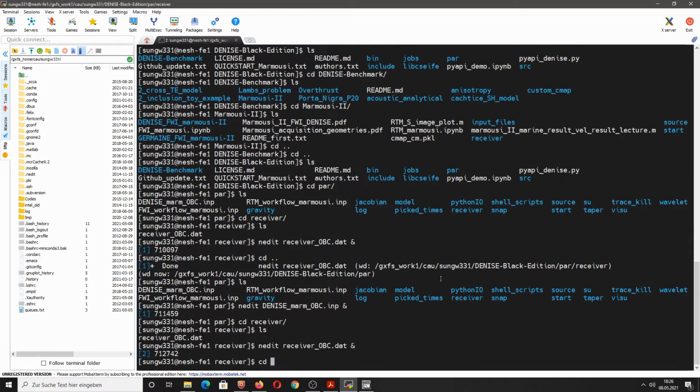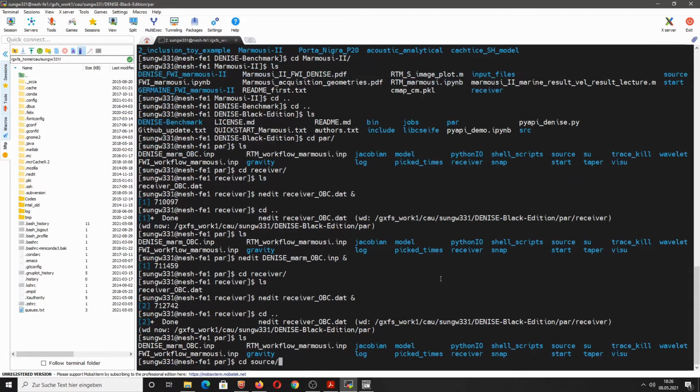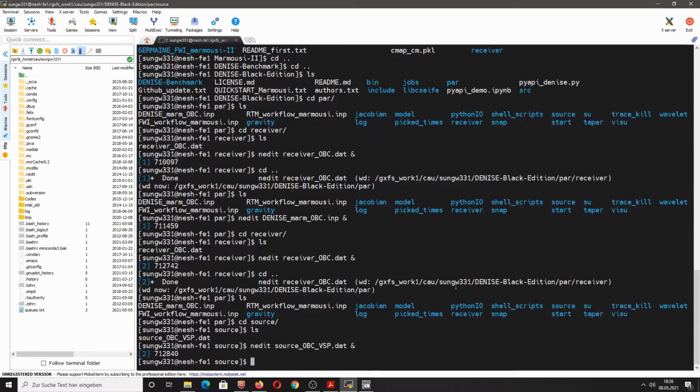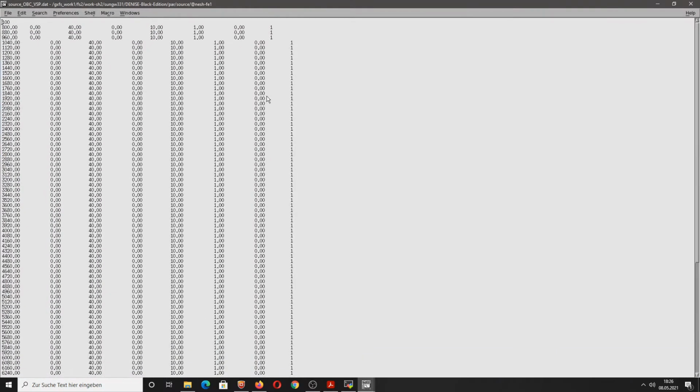Now we need the source positions, so we go one directory up into the source folder, open the source_OBC_VSP.dat. VSP is actually not true, it's only an OBC geometry. And the source files are similar to the receiver files. The only difference is that in the first line you define the number of sources that you want to use.